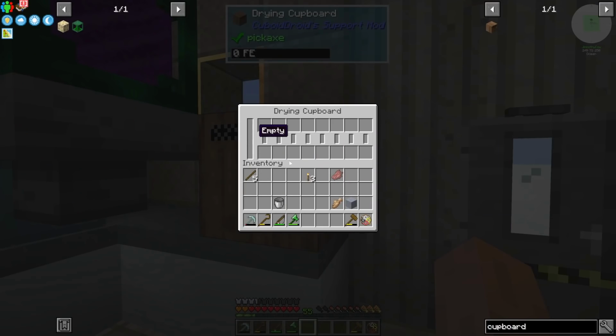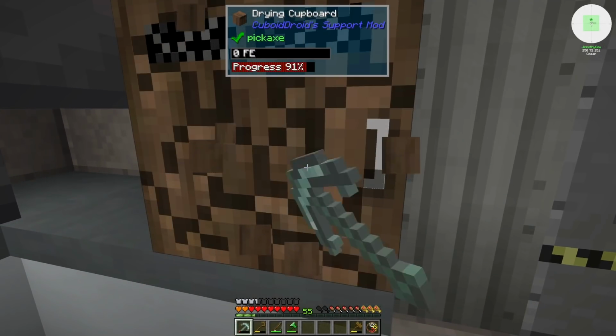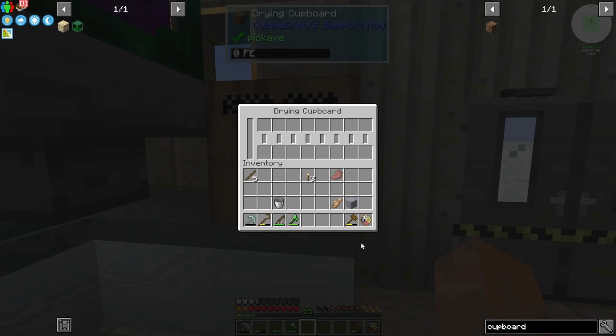Oh wow, that is a UI. You use energy? That is also not the sound I expected you to make when we broke you. Looks like it does not. Alright, so we can dry...